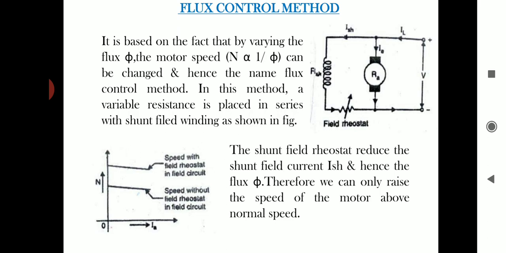It means your speed is lower if you are not using any kind of rheostat, then your speed remains as it is. But if you have to increase the speed above the normal speed, you have to insert one rheostat in series with the field winding. The conclusion is that in case of the flux control method, you are getting a speed which is above rated speed. So this is the flux control method. That is the first method of controlling the speed of DC shunt motor.